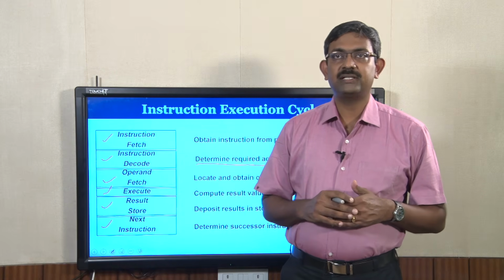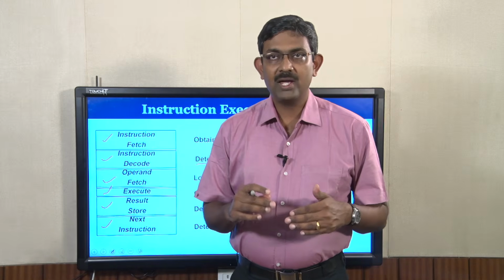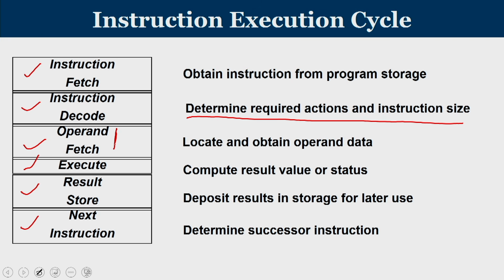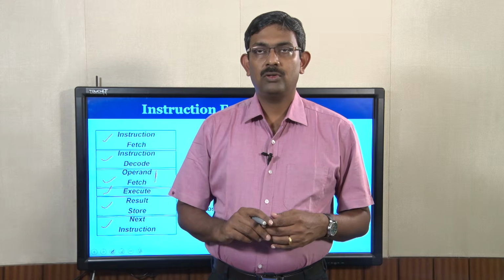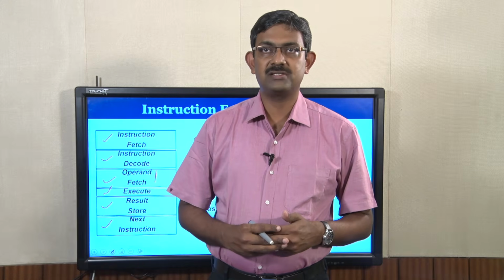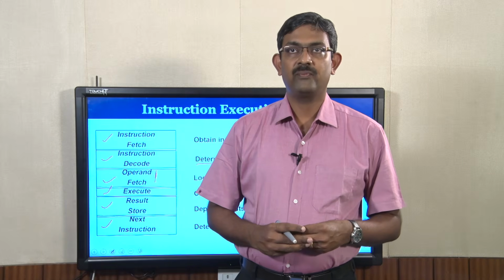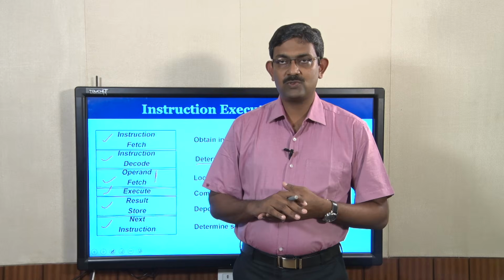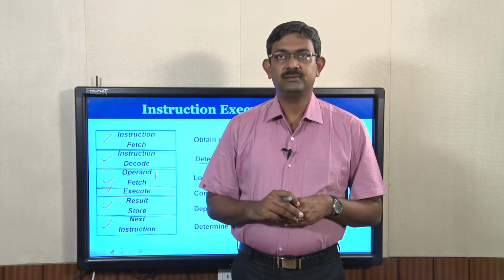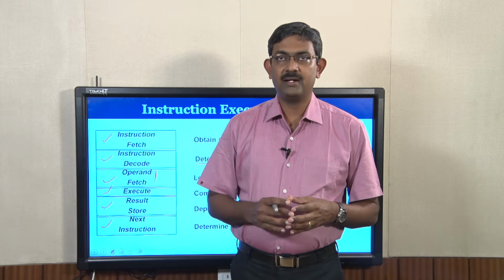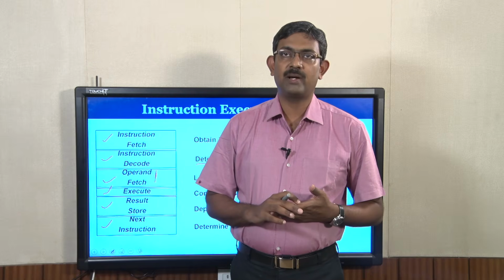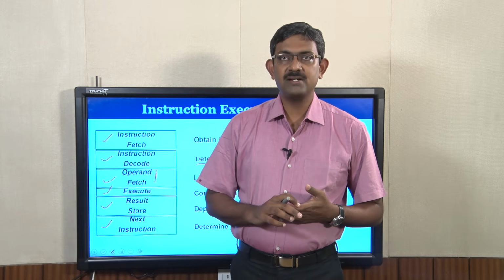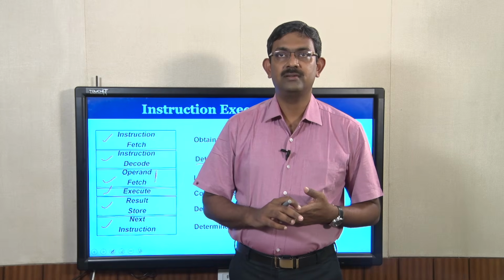Having completed instruction fetch and instruction decode, the very next stage is called operand fetch. Sometimes in order to carry out an operation, the operands have to be brought from registers or from memory. That is called operand fetch stage. Operand is a place where data is located. After understanding what the operand is, necessary control signals are being issued by the control unit of a processor, upon which the operands are brought into the execution unit.